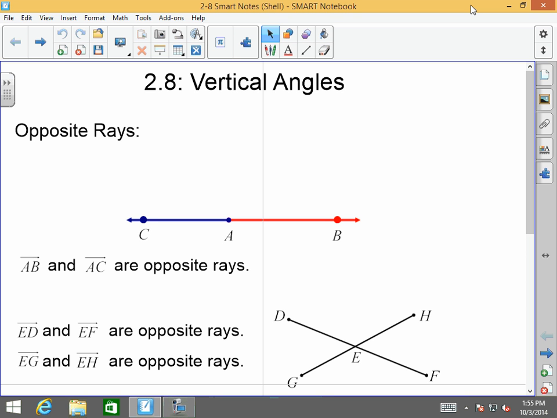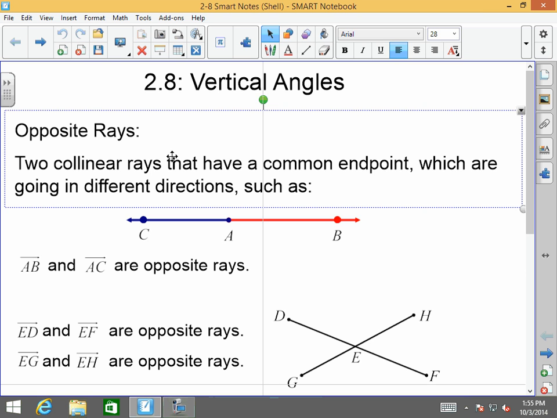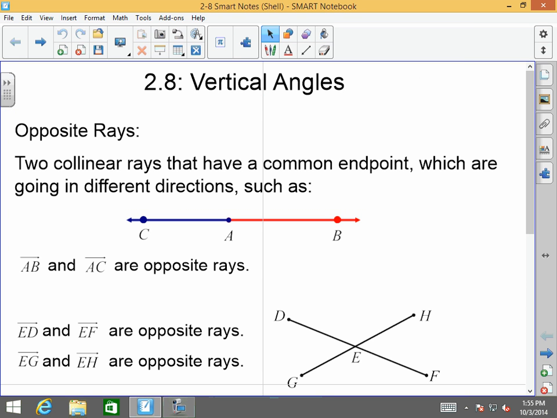In order to really understand vertical angles, we have to understand what opposite rays are. Opposite rays are two collinear rays, that means they're rays that are on the same line, that have a common endpoint which are going in different directions, such as AB here, okay, ray AB, which we'll do in red,